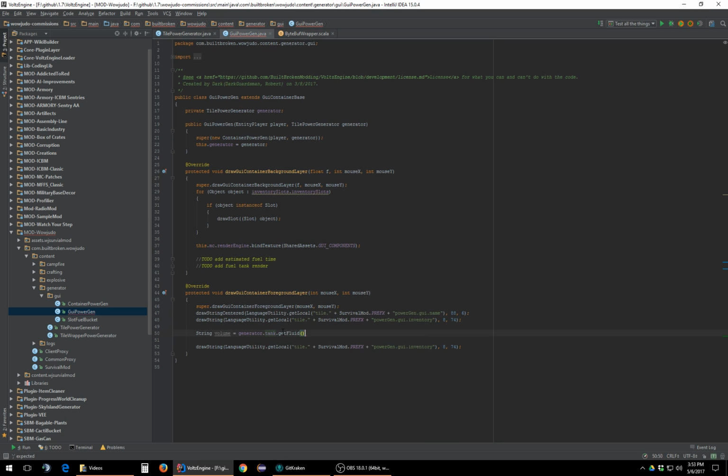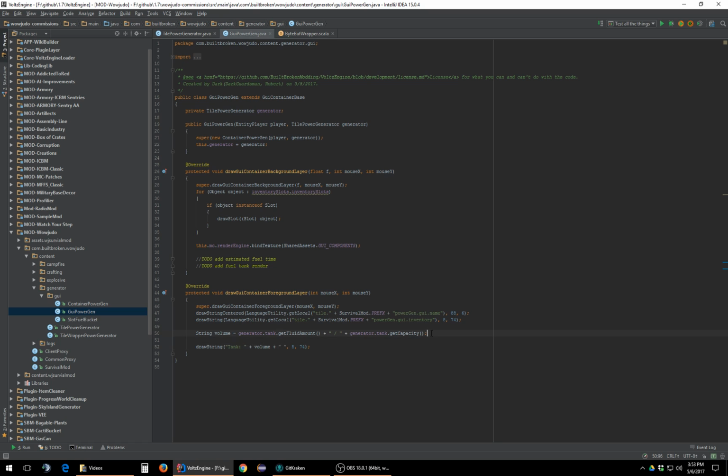Tank.get fluid doesn't equal null, and then we'll go. Actually, I think we just go tank.get amount. Yeah, that's actually a thing. And we just do something like that, and it'd be tank dot get capacity. That'll give us a display string we can use. We'll do the localization later. Right now we're just going to do this. So go tank, and we'll go volume,